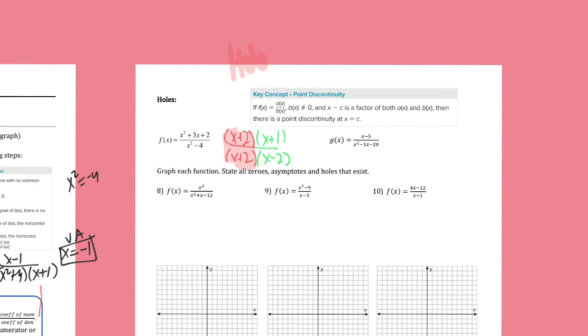And then the numerator is going to be the 0. Now x plus 2, that's just a hole, it's not a 0. And then the denominator is going to be the vertical asymptote. So this is a vertical asymptote here. So what we would say is there's a hole at,